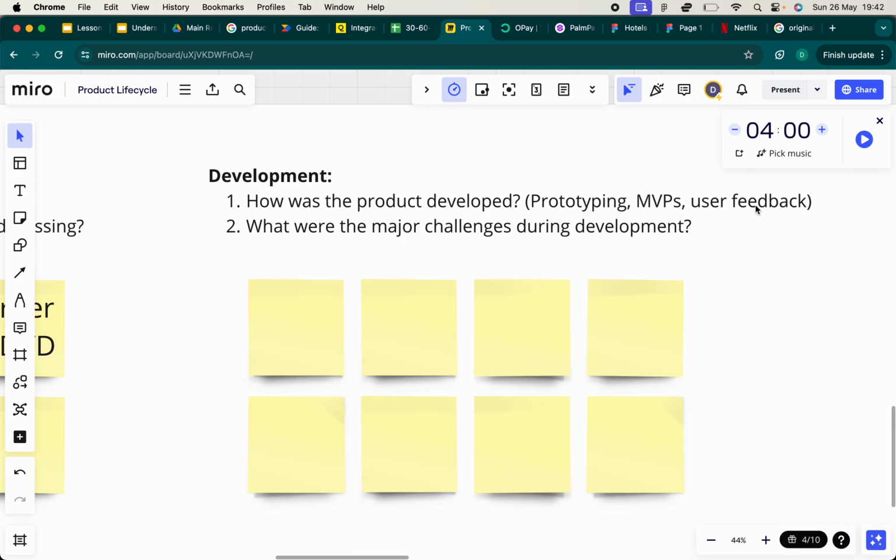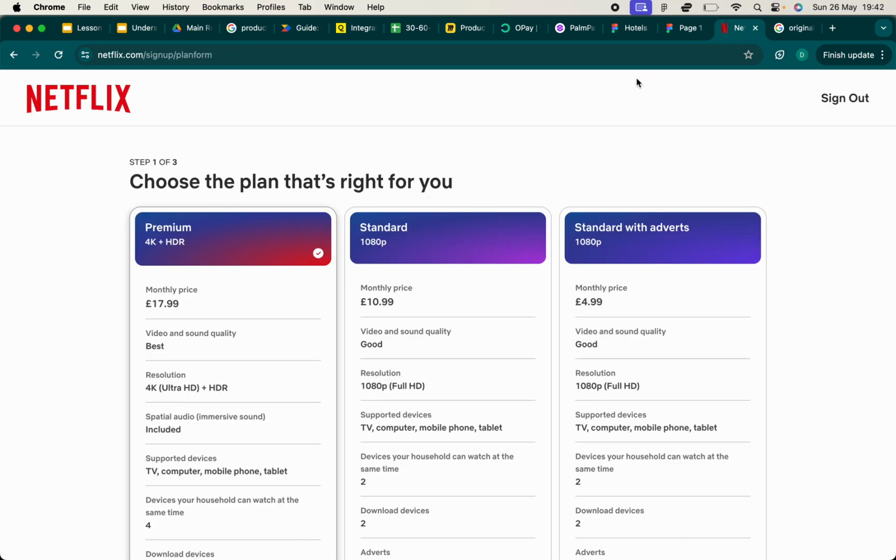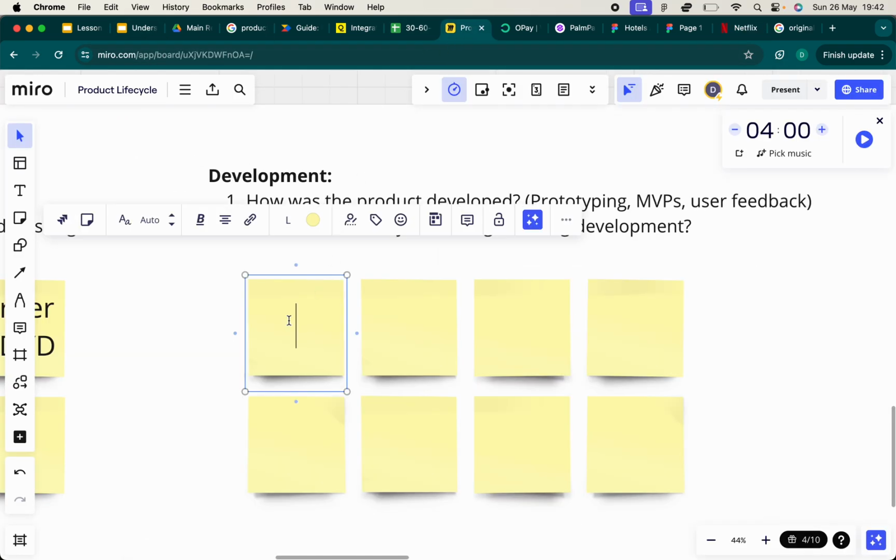Prototyping, MVPs, user feedback. So that's something we do. So the old website that Netflix had, this is a new website. The old website, unfortunately, I don't have a way of showing you that, but I can tell you what it was like. The old website was essentially where you come in. So you come in on the old website, you complete registration,